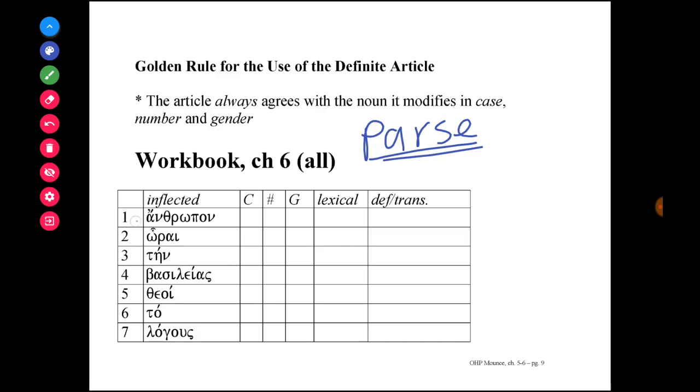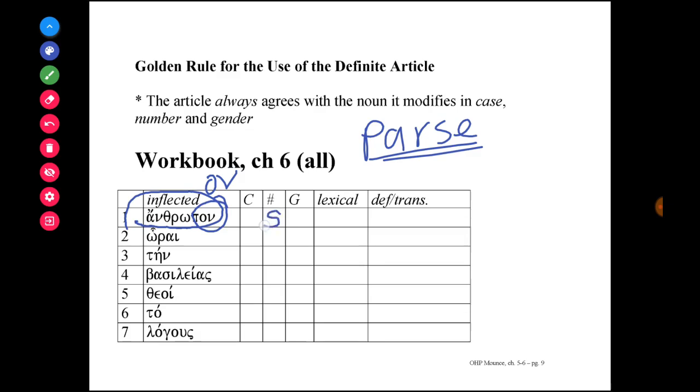And when you do start in your workbook, one of the first exercises you're going to get is they're going to give you words and they're going to ask you to parse it and translate it. Give a simple translation. So here we have the word anthropon. And the first thing I do is look at that ending there, that on. There's an on there. On. So I know that on means that it's